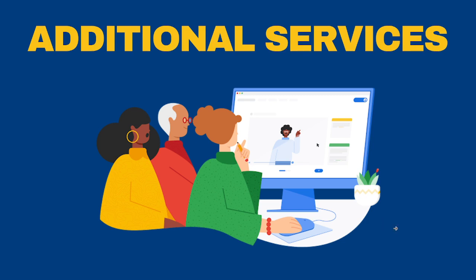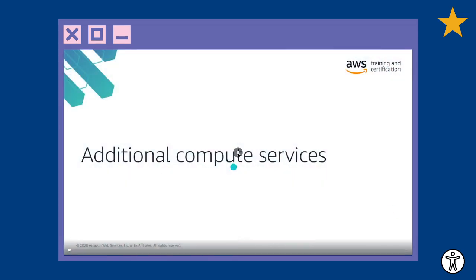All right, so for EC2 instances, we have our general purpose ones, our optimized instances, and our dedicated hosts. Those aren't the only services, although EC2 is definitely a very popular one because it is general purpose. You can use it for so many different things. There are other options, so go ahead and watch this video on additional compute services.